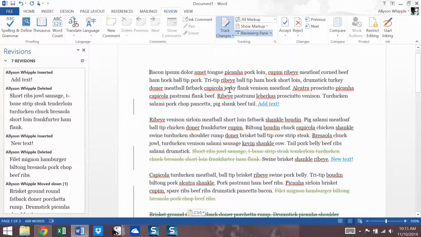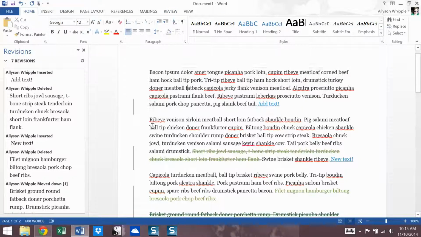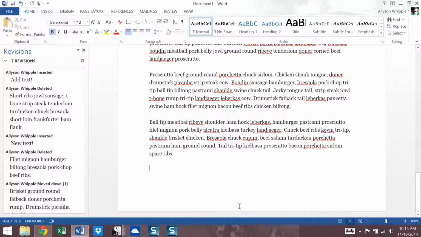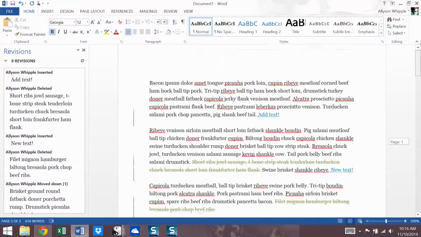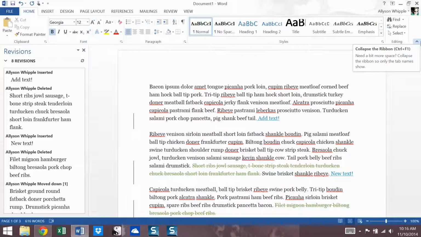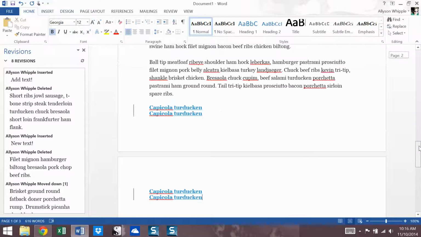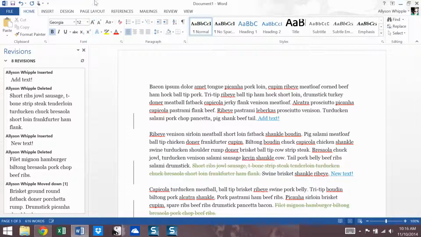So you can do things, and it's not limited to adding or moving around text. Oh, you can also copy. So I just hit Control C there, and I'm just going to scroll down to the bottom. And so I'm adding this pasted text, it's blue and underlined. It's turning out bold because of just my personal default settings in Word. That's not going to happen when you do it. I just have Word configured in a way that works for me. So don't worry about that. That's just what my personal defaults are set to. But anyway,